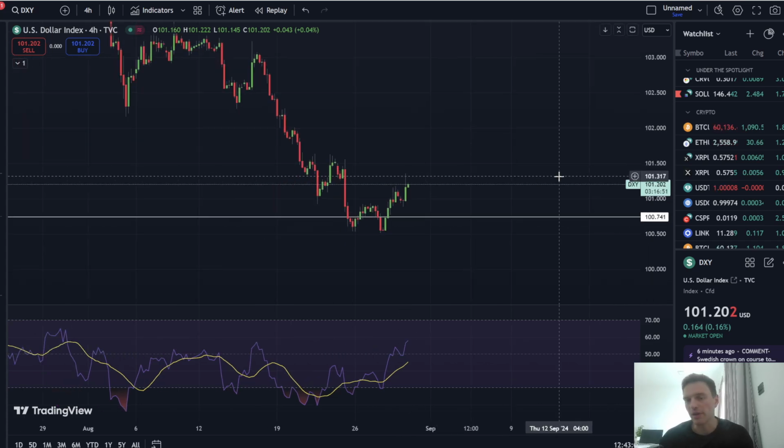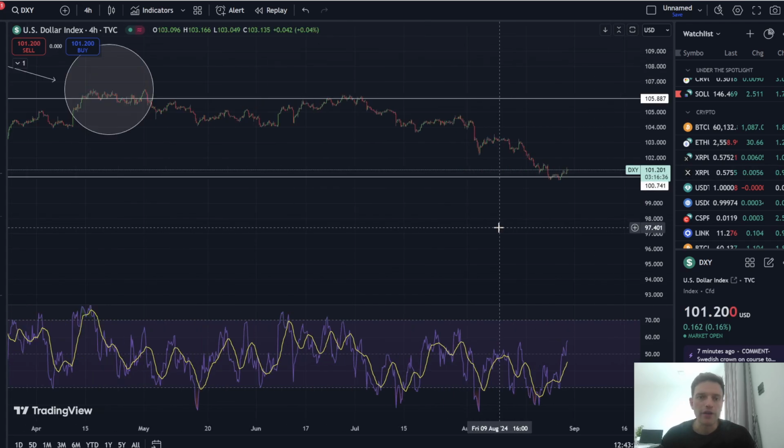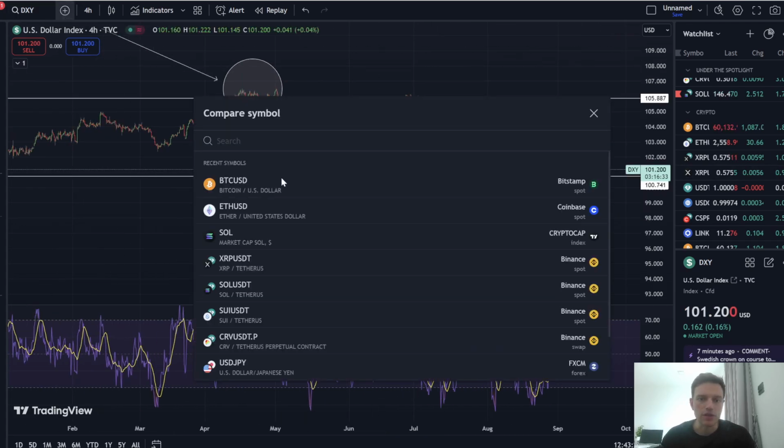The dollar is measured by other currencies, basically a basket of how well the dollar's performing against other currencies, but when it's coming down, it normally means there's more liquidity in the system, or more liquidity is being pushed into the system, and therefore assets can go up, and that's why we see an inverse correlation often between the dollar and other assets. And if we want to just check that, just to show you that I'm not talking absolute rubbish,